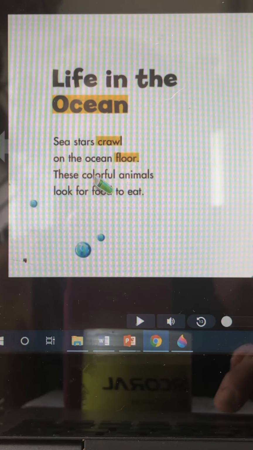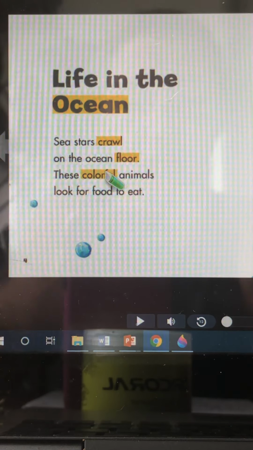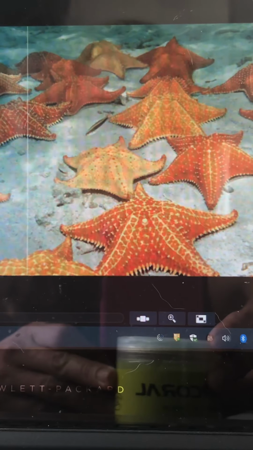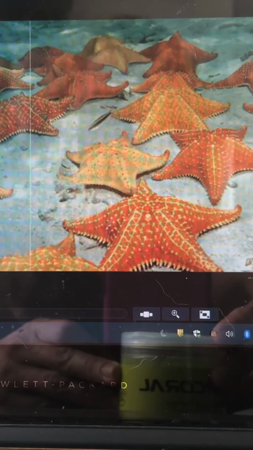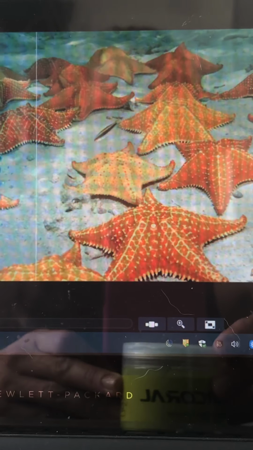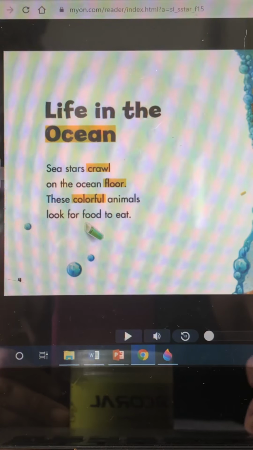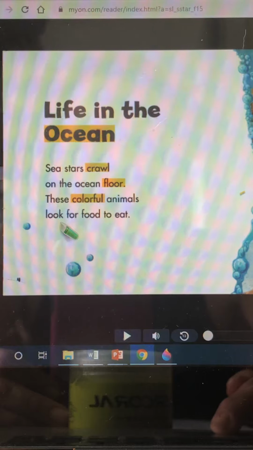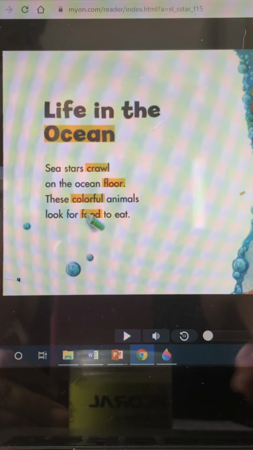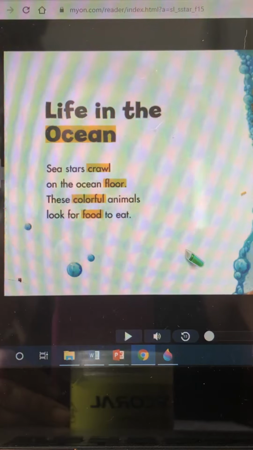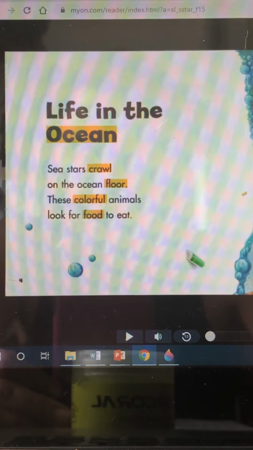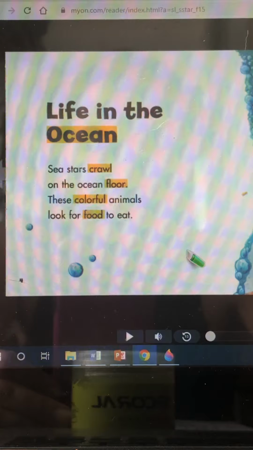The other thing that stood out to me is the word colorful, because when I looked at the photograph it does indeed show that these sea stars are colorful. I see orange and yellow, and as I'm reading, I'm sure I'll see some other colors as well. The last word that stood out to me in this particular part of the section was that when they crawl on the ocean floor, it's because they are looking for food to eat. So far, I'm starting to understand this section is telling me and teaching me how sea stars live in the